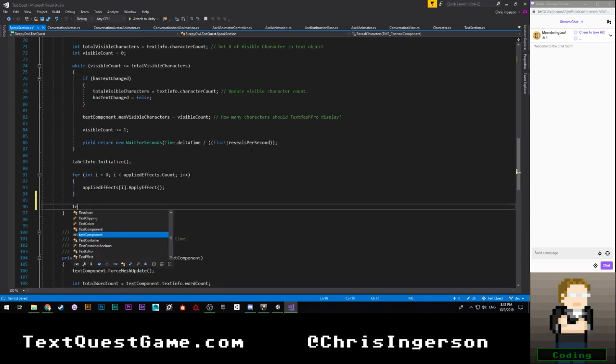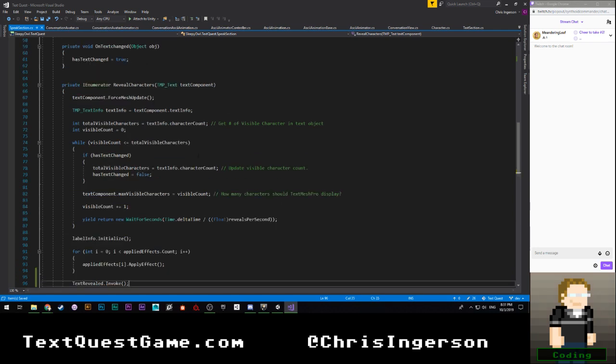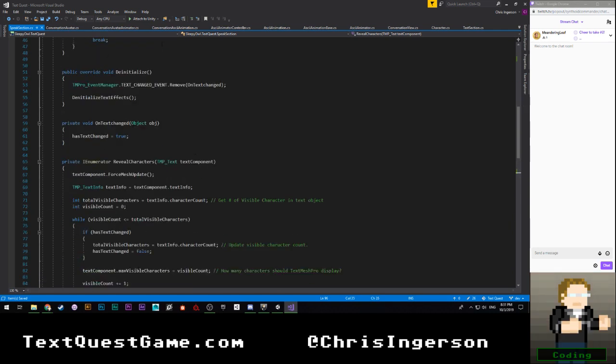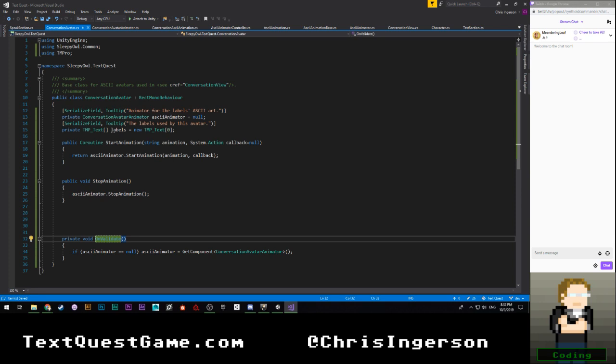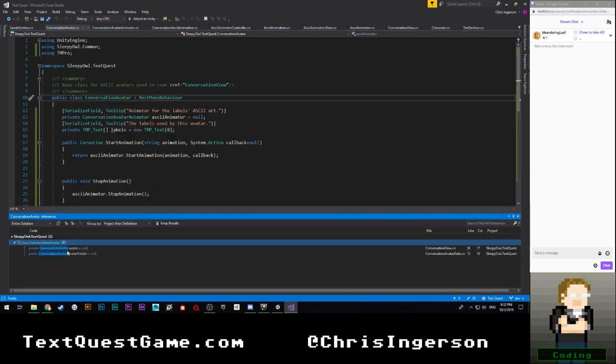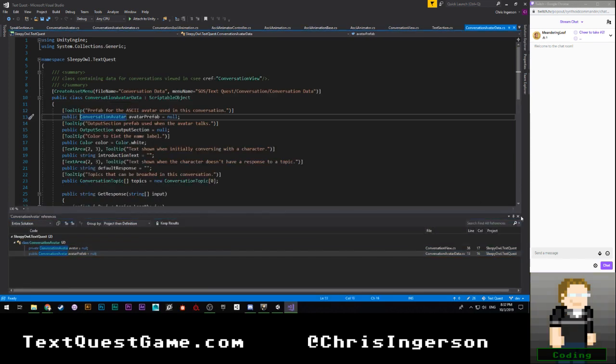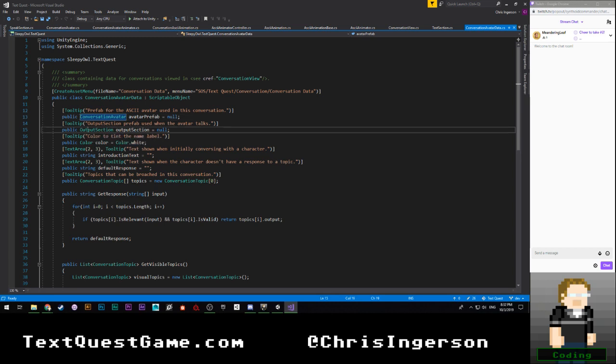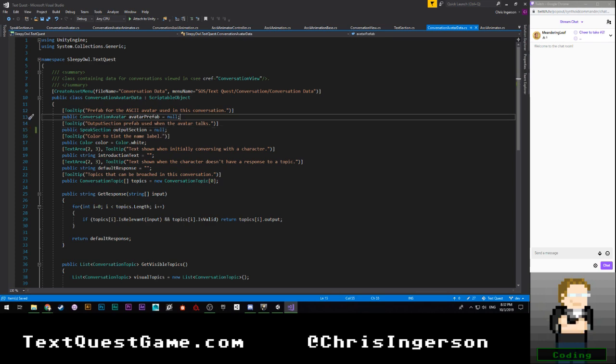I'm going to say TextRevealed.Invoke. And that means that when we come over here to conversation avatar data, which is somewhere around here, find all the references. There we go. So I'm going to change this to a speak section. And that's about as good as I can get, honestly.